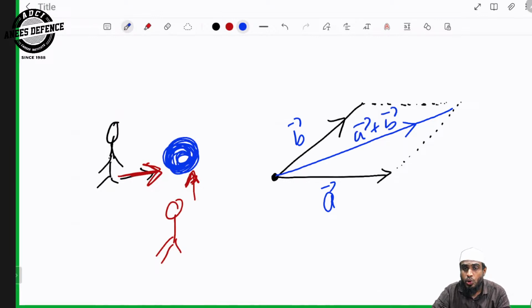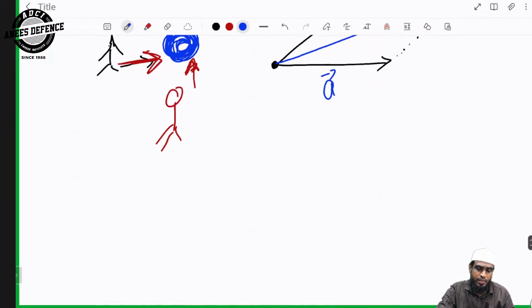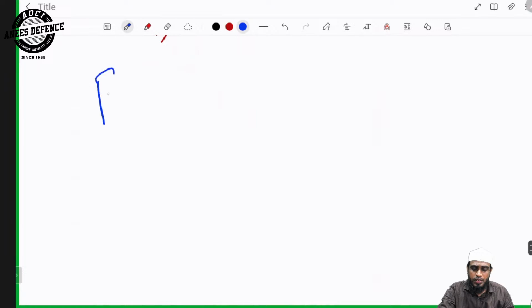Concept-wise, both are the same. Triangle law of addition and parallelogram law of addition, the result will be the same. In triangle, the third side will be the sum of the two vectors. In parallelogram law of addition, the diagonal will be the sum of the two vectors. Then another important concept is free vector. This can be considered as a classification, free vector and